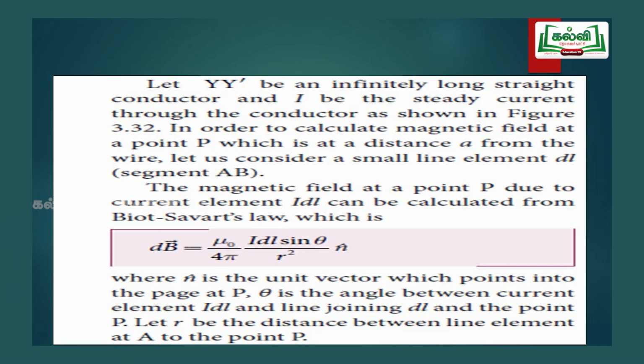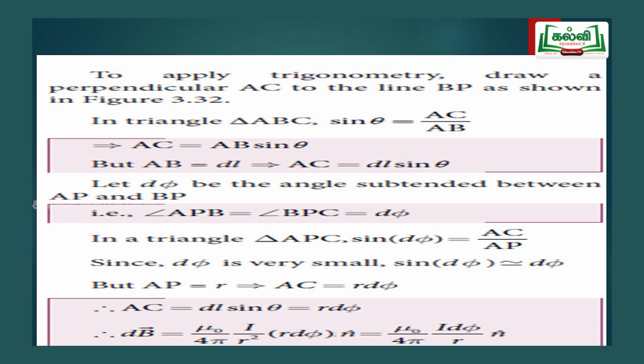And how will we calculate the magnetic field at the point P due to the small elemental length dl? We are using Biot-Savart law, and that expression is dB is equal to mu naught by 4 pi into I dl sin theta by r square, along the unit vector. So, this is the first formula. With the help of this Biot-Savart law formula, we are going to calculate the magnetic field at the point P. So, now we consider three triangles step by step, the triangle APC and the last one is OPC. From the first triangle you have to calculate what is AC. So, how will we bring this AC into that?